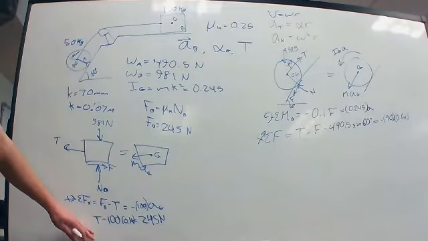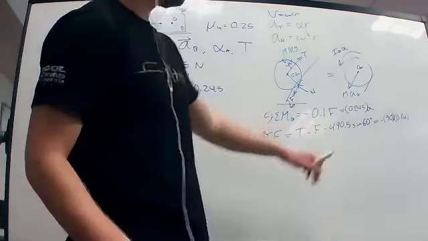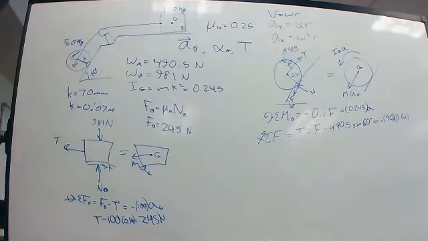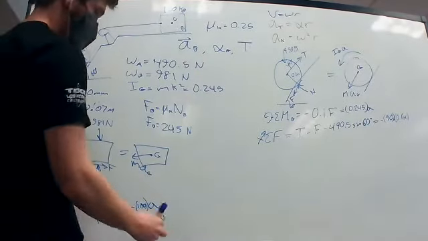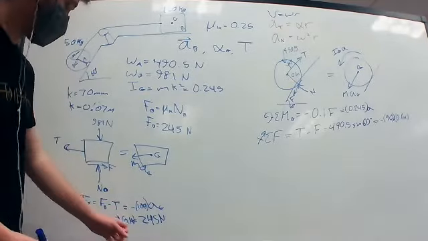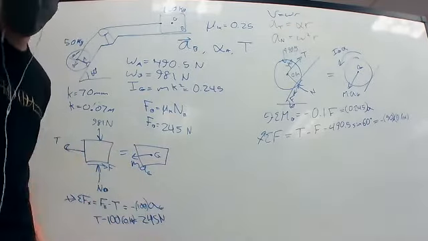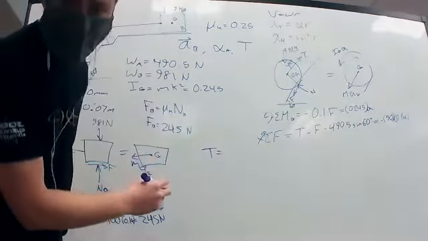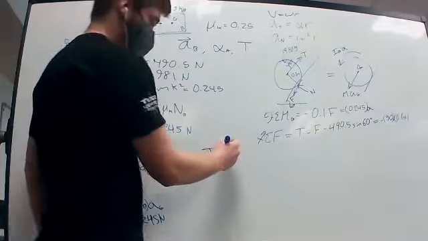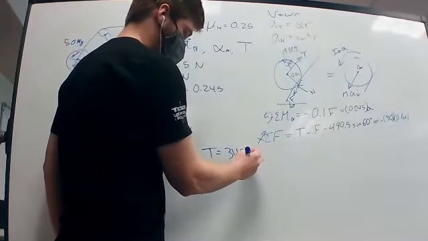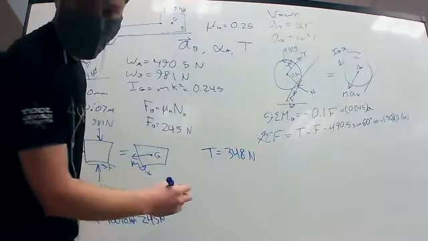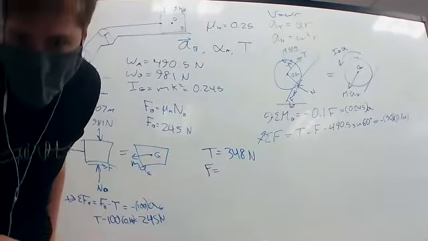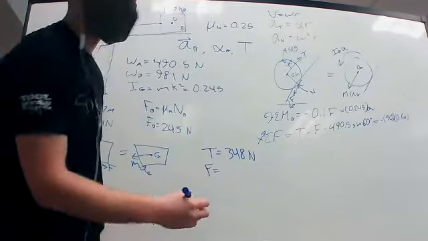And now we have 3 unknowns in 3 equations. We can set them up in matrices with the T's lined up, with the alphas lined up, and with the F's lined up. And in a matrix, we would solve for T equals 348 newtons. F of the wheel is equal to minus 25.3